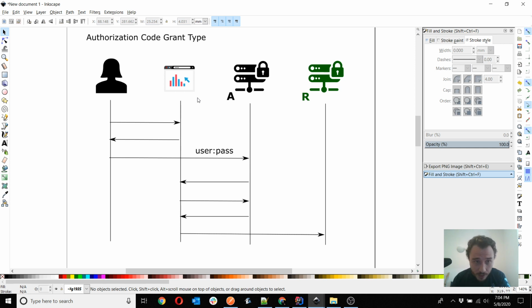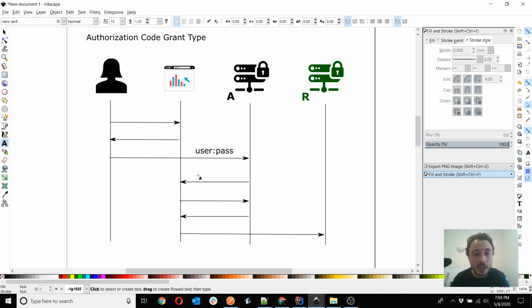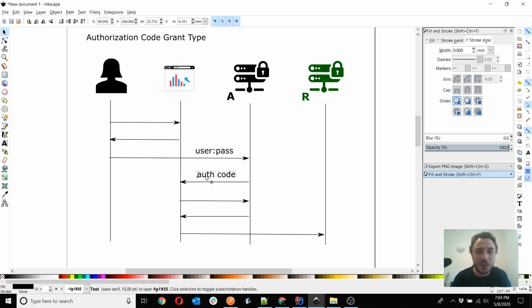Another important thing is that when, assuming the user logs in correctly and the username and password are valid, and the authorization server has to issue an access token, it doesn't issue an access token directly. We have seen, we even tested it in our own implementation in the past lesson. It actually first issues what is called an authorization code, and guess what, this is why the grant type is called authorization code,